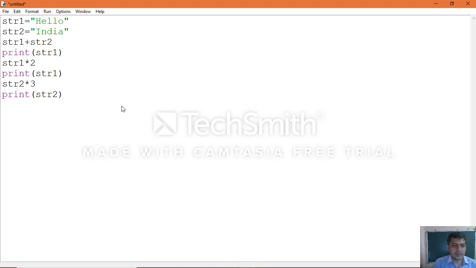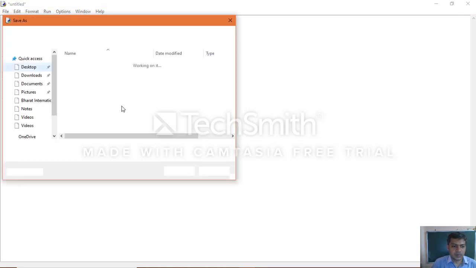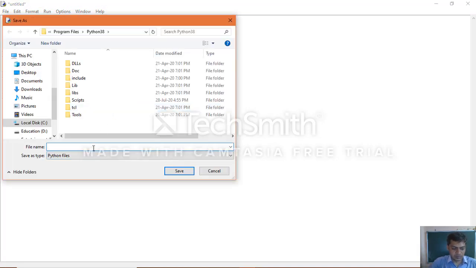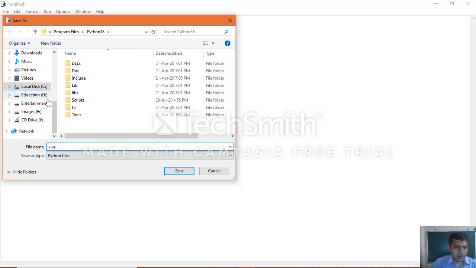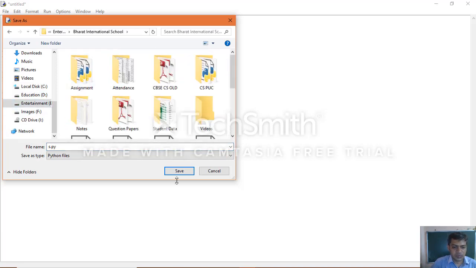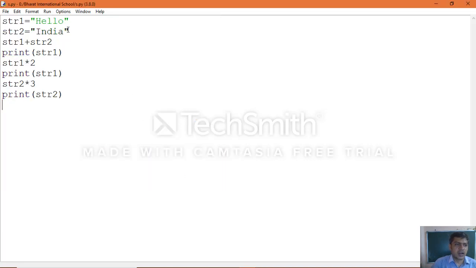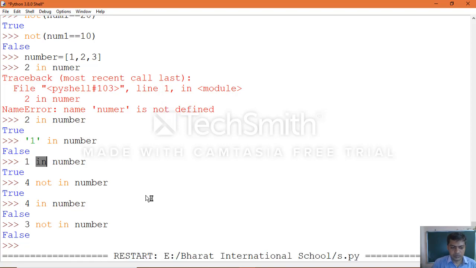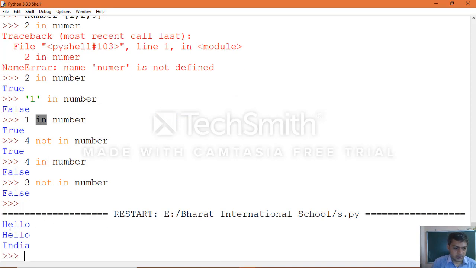Save as s.py, choose the location, save it, go to run module, and you will get the output.